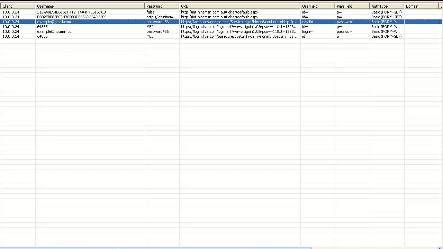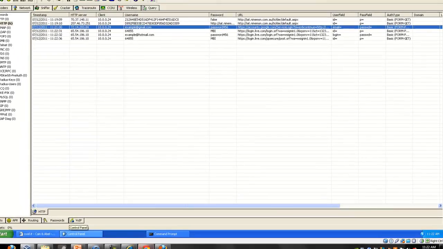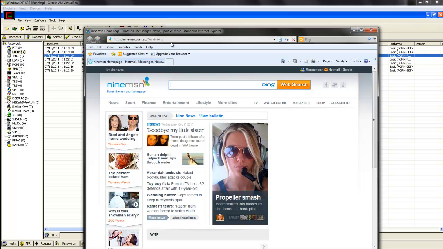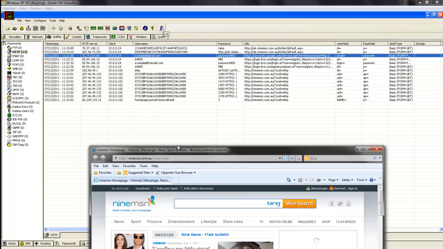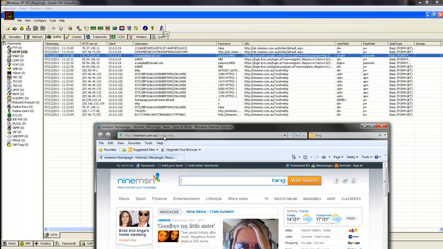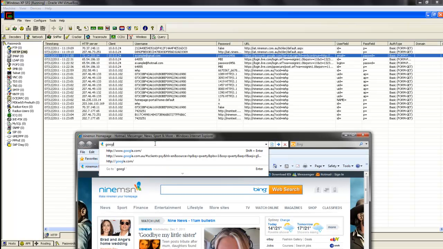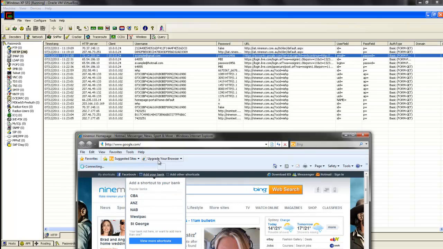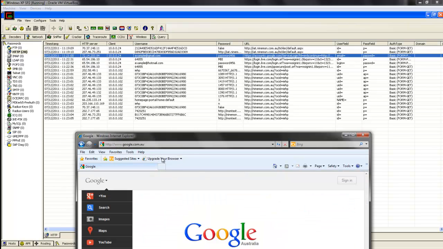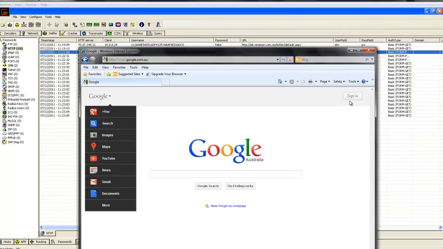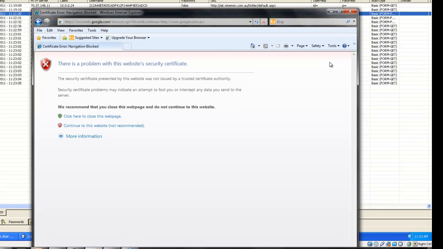Now, let's see what happens if we go into a recent browser. I know Internet Explorer 8, I think it's up to Internet Explorer 9 now, so this is the most recent one. So let's see what happens on Internet Explorer. I'm just in my actual computer. It doesn't matter what you're using, it just works the same. I'm going to sign in. Oh,